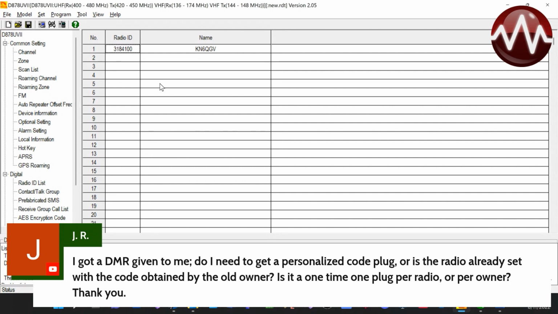This is great. It works. It allows for roaming. It allows you to be on between different repeaters. So wherever you're at, it's always going to update the system instantaneously with wherever you are getting that transmission, and you're communicating with that data back and forth between your repeater, your hotspot, or whatever it may be. So yes, the only restriction you have is you have to get your own radio ID